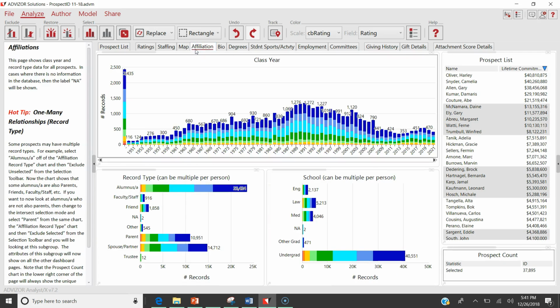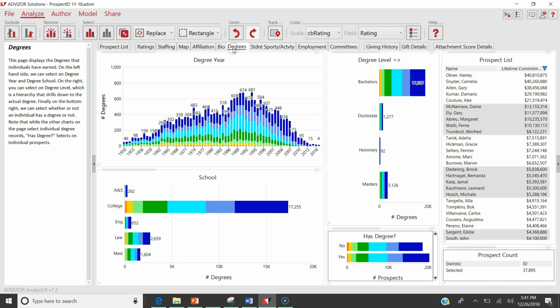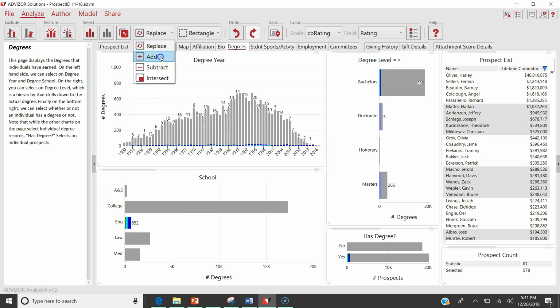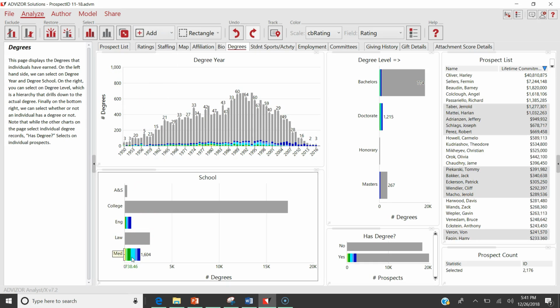Head on to the affiliation page. Actually, we need to go to the degrees page. And let's select engineering and then add in, how about medicine actually? Engineering or medicine. As you can see, we're down from 37,000 down to 2,000 prospects very quickly and no performance